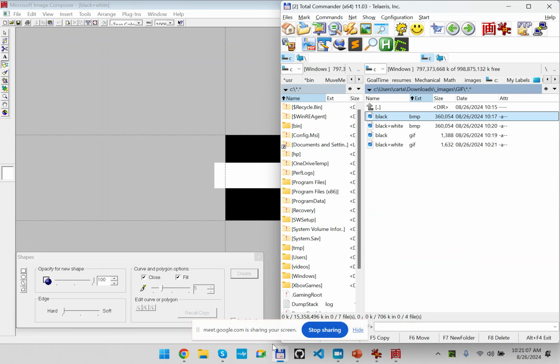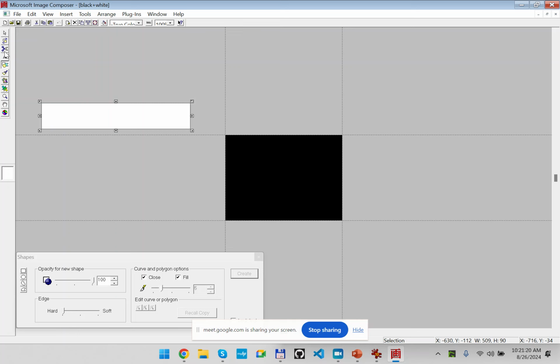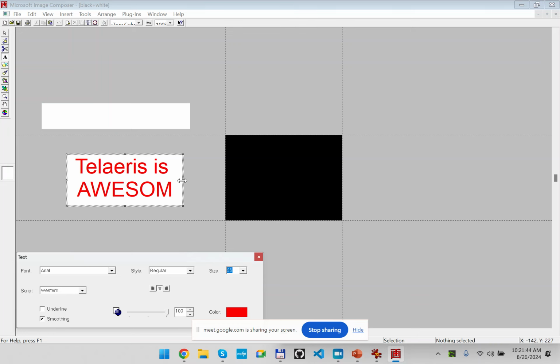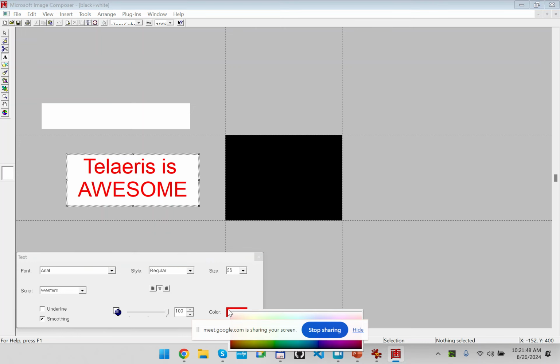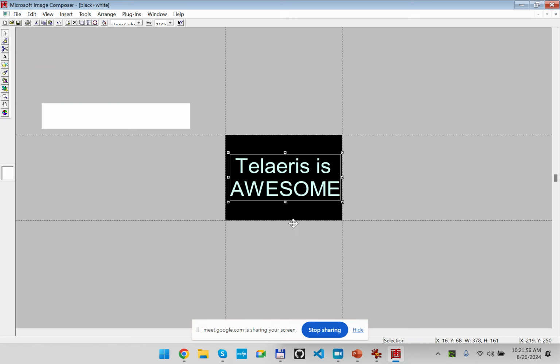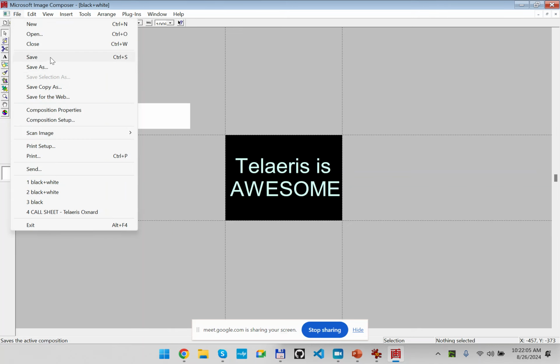So what GIF does a really great job at is things that have long sections of the same color. So I could do something, even something like this. Let's do some text. This has just huge swaths of one color. So if I save it, save as,